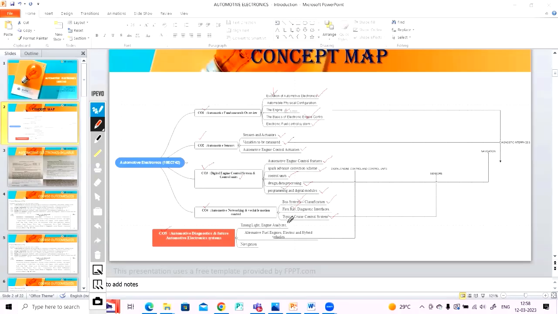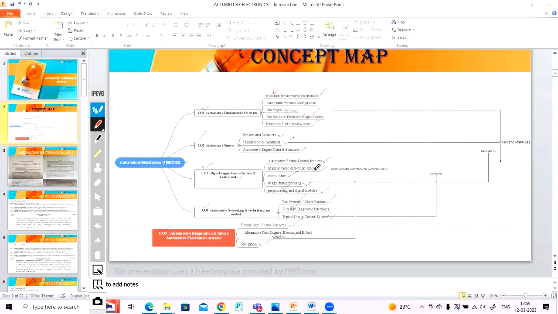Here we'll go with the timing light, the engine analyzer and fuel engine, and we are going to put more focus on hybrid electric vehicles. It has been embedded with more focus on electronics and automobile inside, and we'll focus on navigation. After that, we'll come to know some of the COs are interconnected with the same. So if we try to focus here, this is navigation and the hybrid vehicle systems and automotive fuel engine